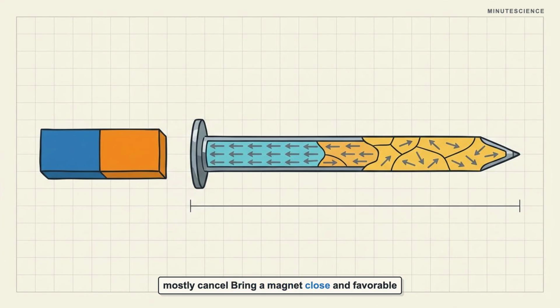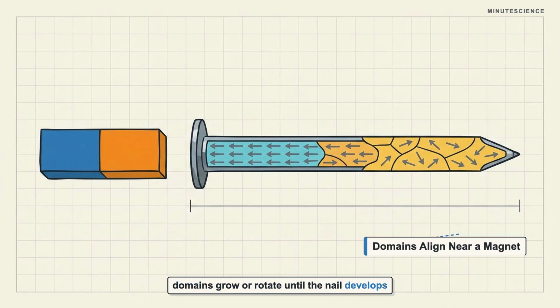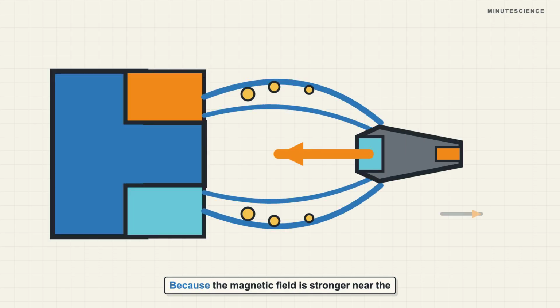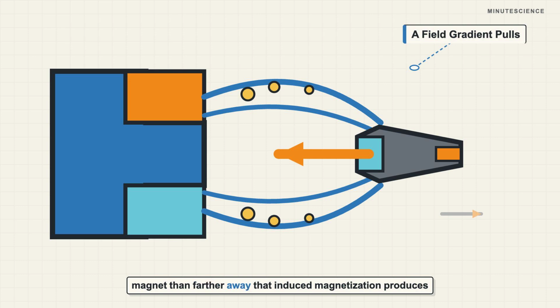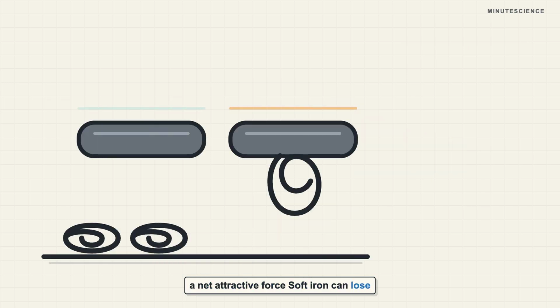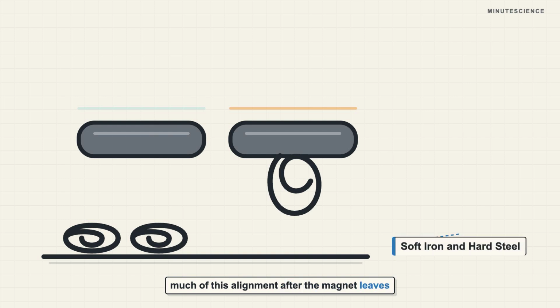Bring a magnet close, and favorable domains grow or rotate until the nail develops a strong induced magnetic pole near the magnet. Because the magnetic field is stronger near the magnet than farther away, that induced magnetization produces a net attractive force. Soft iron can lose much of this alignment after the magnet leaves, while some steels retain it and